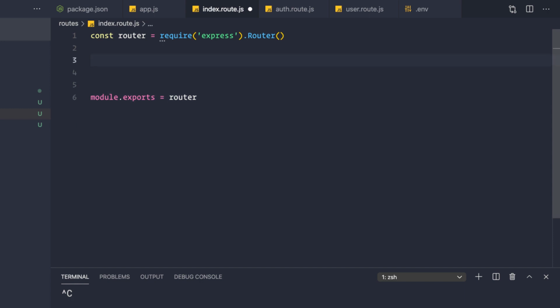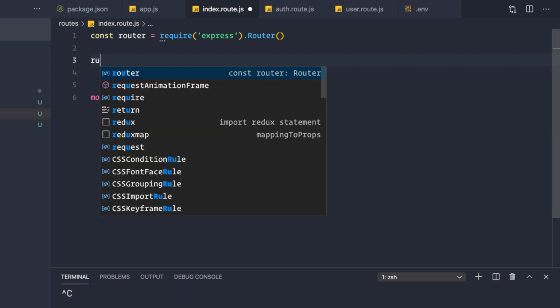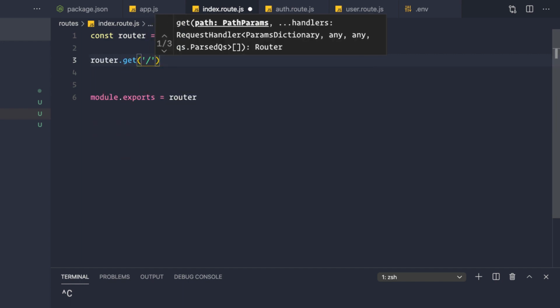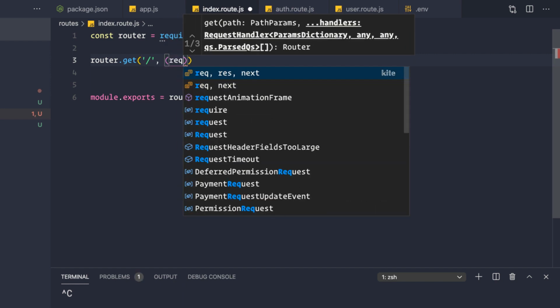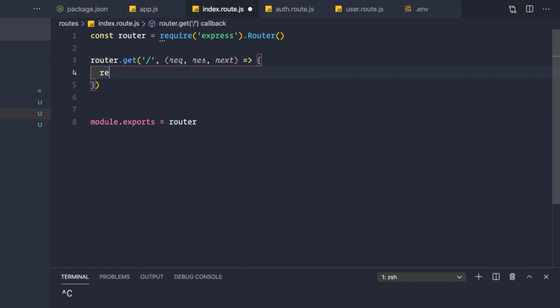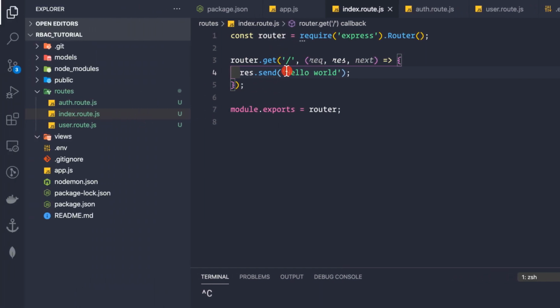And now here let's make our first route, that is the index route, that is only /. So router.get the / route, and then here we'll have the request, response, and next, like this. And here we can simply send back the response for now, that is response.send hello world, like this. So now let's save this, and now let's use this route inside our app.js file.